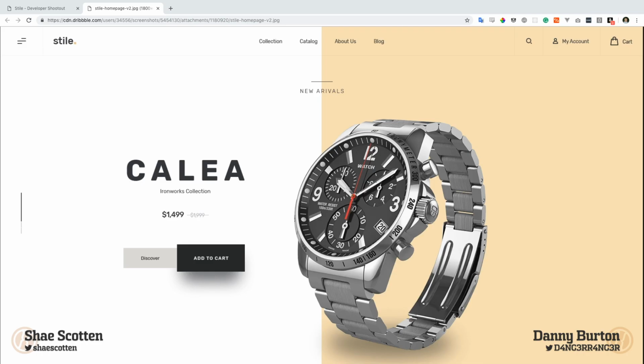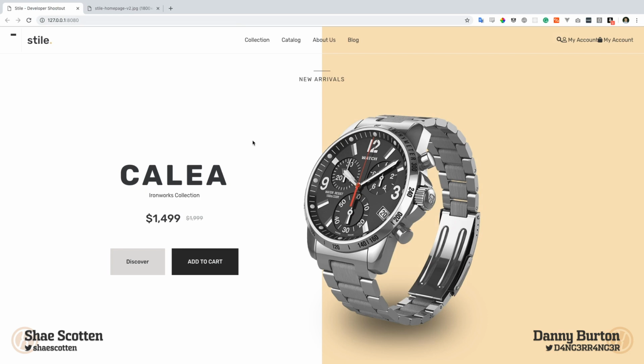So we are going to start this with Danny's version of the site, and we will be grading each section one by one and assigning a point total. So this is the mock-up, and if I switch over quickly, we'll take a look at my version. If I can do that. There we go. So right off the bat, there are quite a few